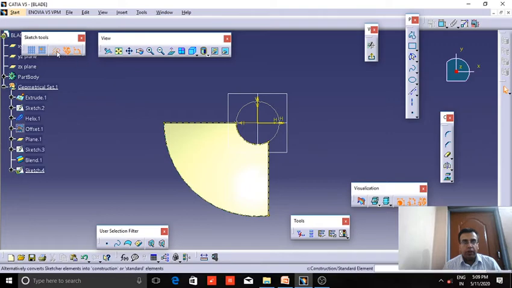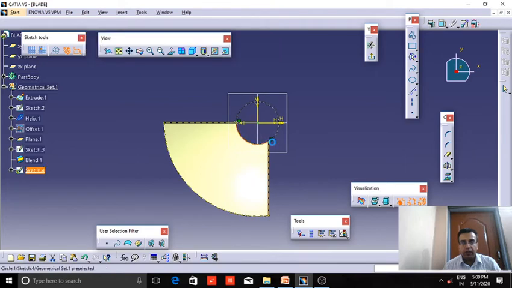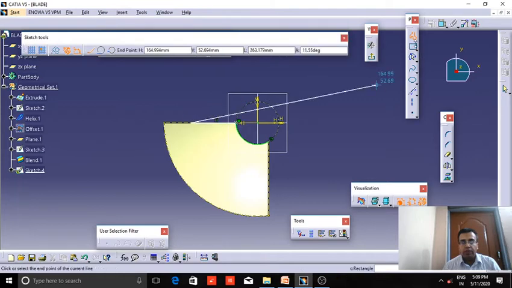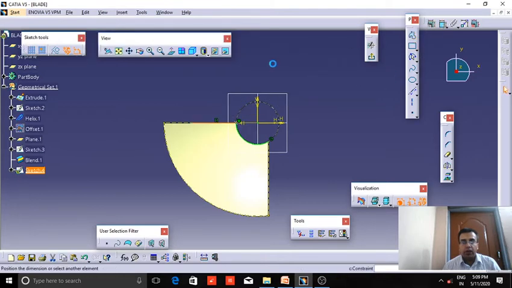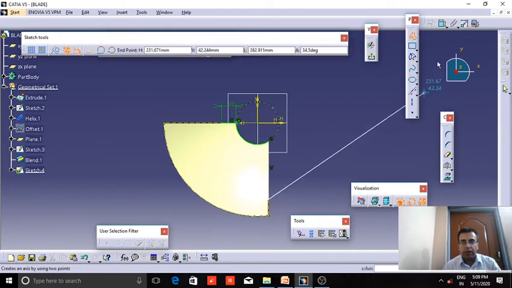Now next I will draw the profile. So again we are going to create a surface and we will trim that surface with the base surface in order to get the required shape. So this is 20 and this is 70.